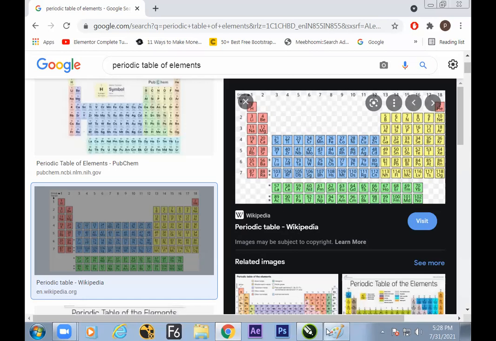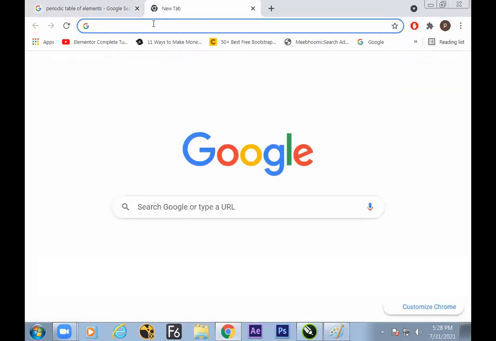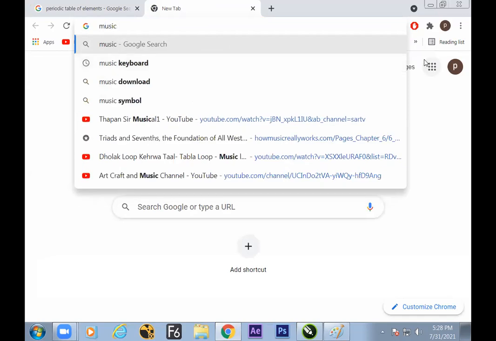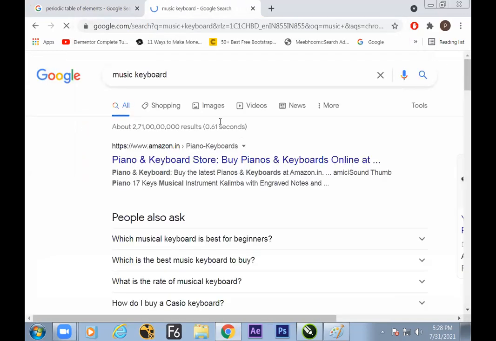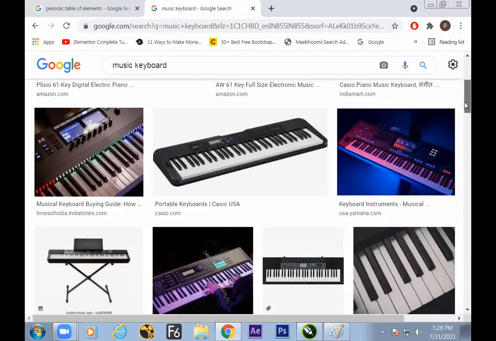And then let us move to a higher task of the day. Make a complex checker calculation, a checker design with meaningful information. Is it okay? Now let's take one more example. Music keyboard. You can find here also the same concept is used. Am I right? The concept remains the same.